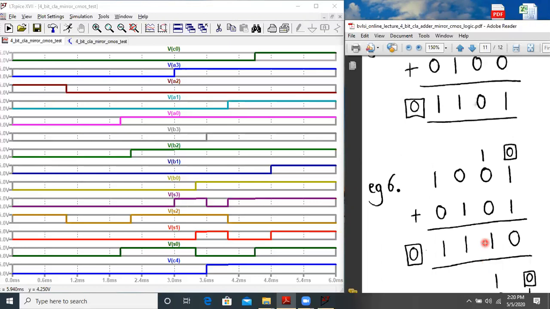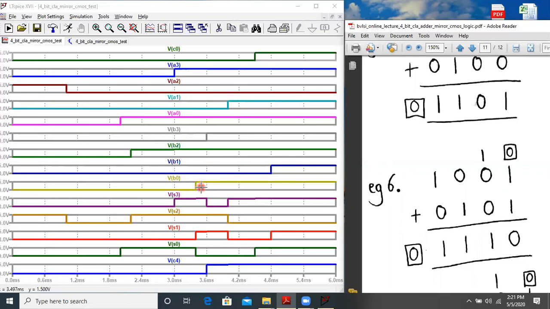Let us check the next combination, the sixth condition, which is from 3.4 millisecond to 3.6. So this small duration over here we need to check. C0 is 0 over here. A3 to A0 is 1, 0, 0, 1, as it is written over here. B3 to B0 is 0, 1, 0, 1.